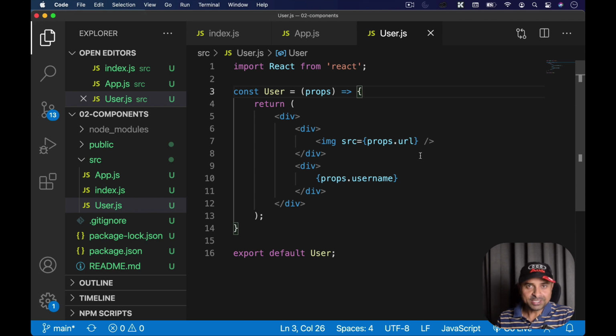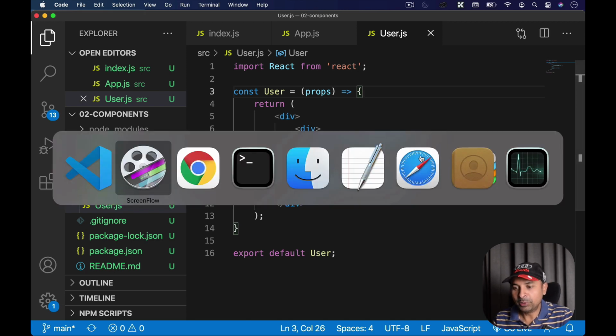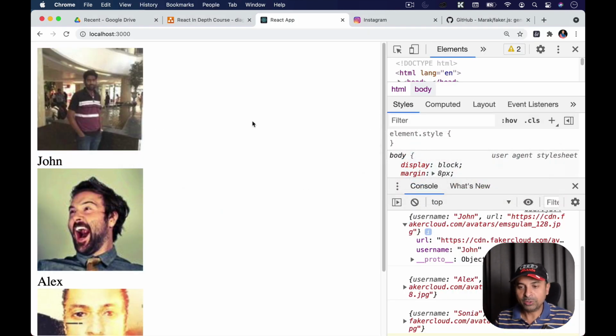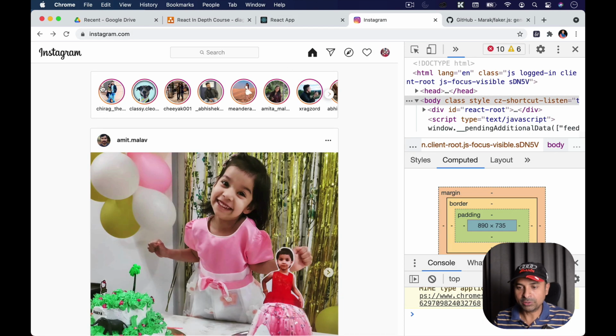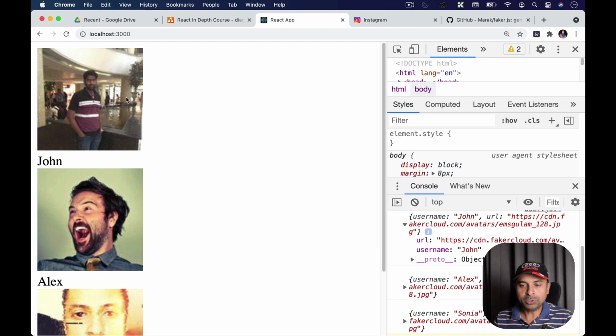Back. Let's see how we can make our component look better. So right now, this is what I want to achieve, the circle and username, something like this. So we don't have that circular image and this font, maybe we'll try to change this font. So we can make our HTML, we can make our content look beautiful using CSS.